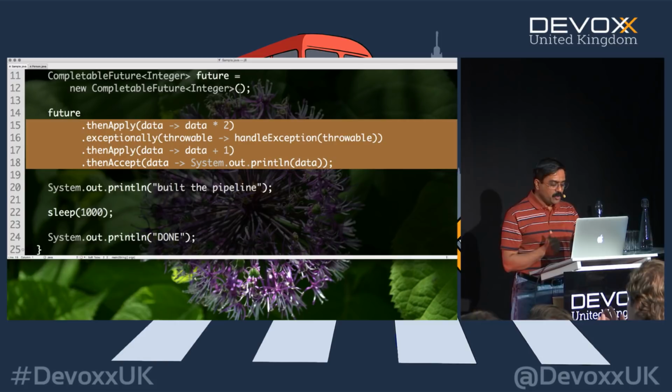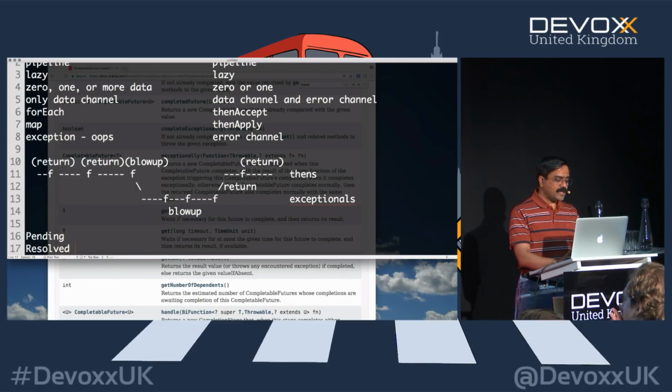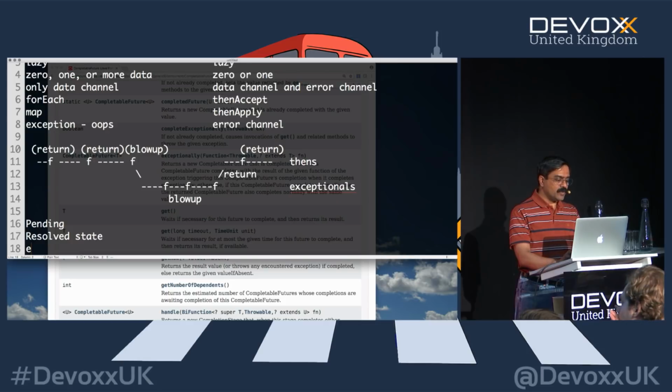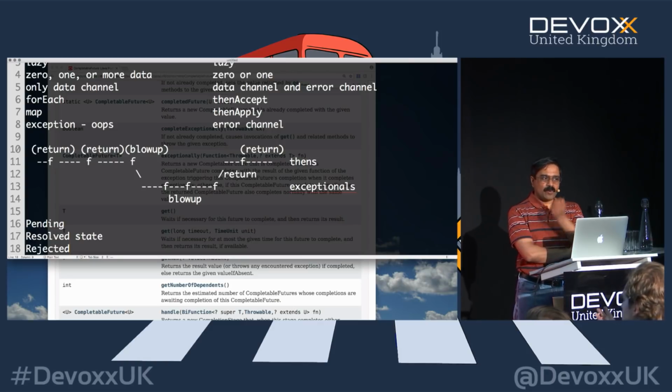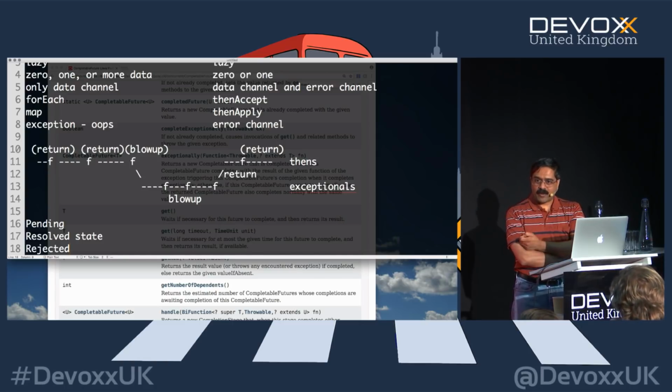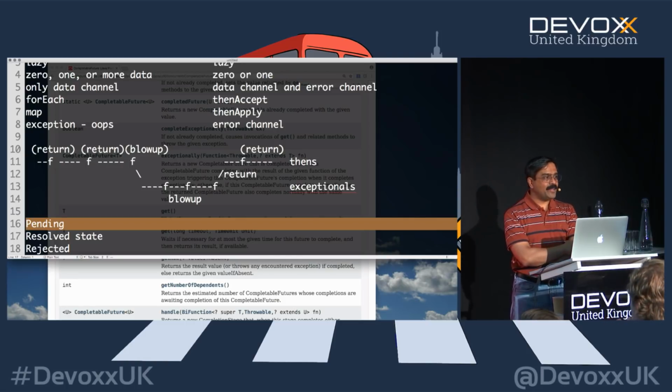Well, remember there are 3 states for a CompletableFuture. What are the 3 states? A pending state is one state, then a resolved state, and then a third is a rejected state. Now, if you were to create a CompletableFuture at the source, you can reject it right away, or you can resolve it right away, or you could put it in a completely different thread and say, I'll come back and resolve or reject later. But the biggest problem with this is, how long are you going to be in the pending state?